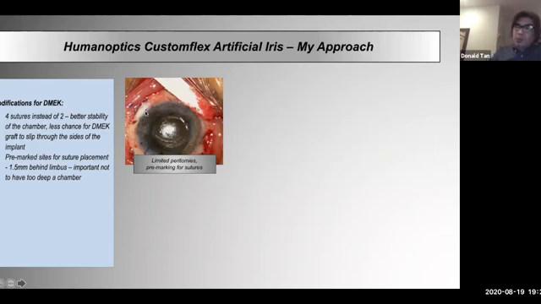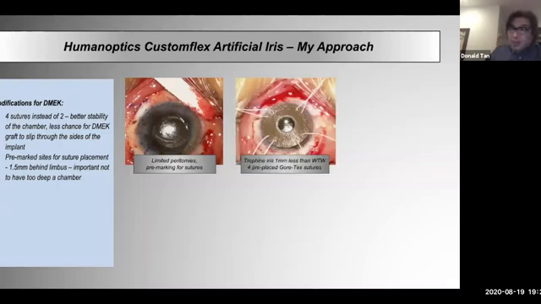The reason is that we're going to do DMEK in these cases. And so we want perhaps a slightly shallower chamber rather than a deeper chamber. So when you place this artificial iris, where the peripheral iris was, you could either place it around the same plane, you can place it slightly anterior, or sometimes you can leave some iris behind as a target and place the artificial iris behind the natural iris. And I would not recommend that, because the chamber becomes very deep. So it's important to get some idea of how deep you want to place this iris to make your DMEK easier.